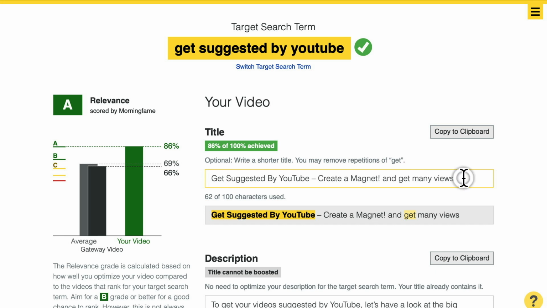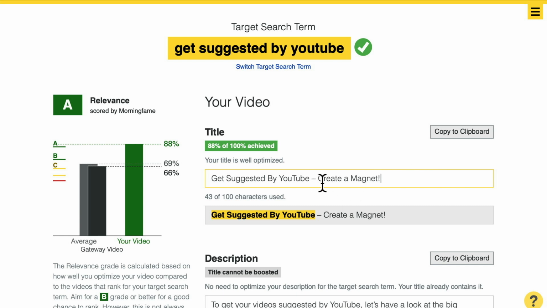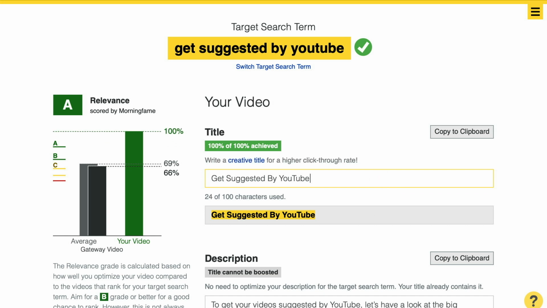So let me delete these words again, and you see this number going up again. So we are back to 88% here without these extra words. And if I remove these extra words beyond this search term, then the number goes even higher. As you see, 91%, 93%, 100%. So make your video titles as short as possible for maximum SEO power.